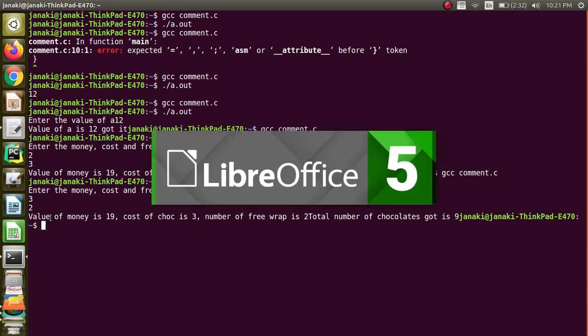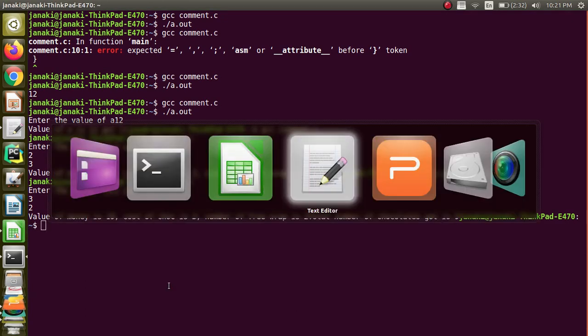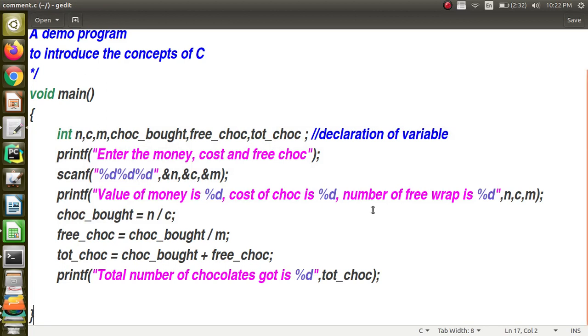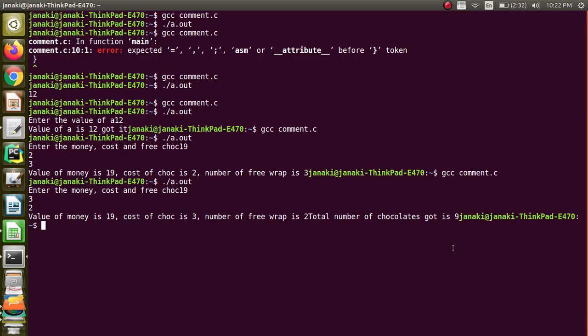Because the C language prints things and just leaves the cursor in the same position. If you want to move the cursor to the next line, then you have to put \n. This is very, very important that you should know. When you print something in C language, it will print whatever you say and the cursor will be standing in the same position only. So when I give the next print statement, it continues from there. So you can see that it is very clumsy, it is not neat, isn't it? So you have to take care to move the cursor to the next line.